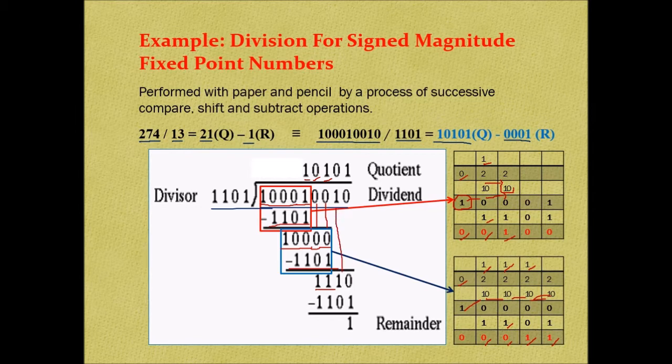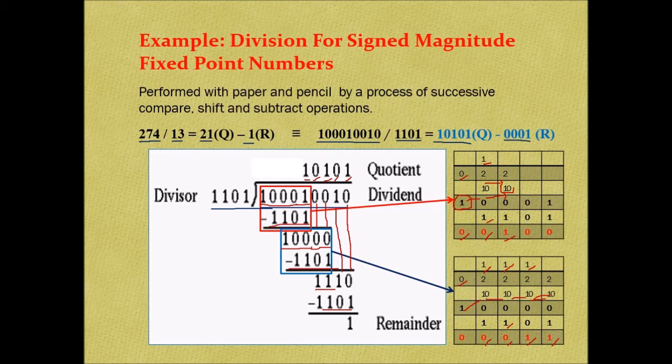Again this value is not sufficient because it is smaller than the divisor. So I have to put 0 here and bring down this 0 again. Now this is greater than the divisor, so I put 1 here, multiply this 1 with the divisor and the result is given here. Again we have to perform the subtraction, which is very similar. In this way I can do the subtraction.